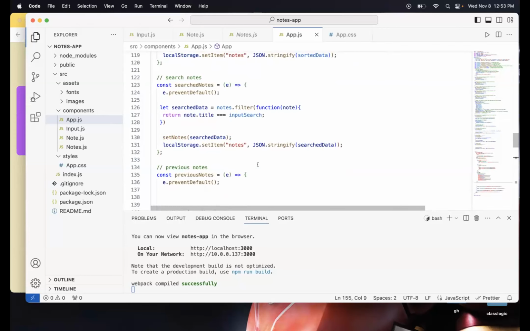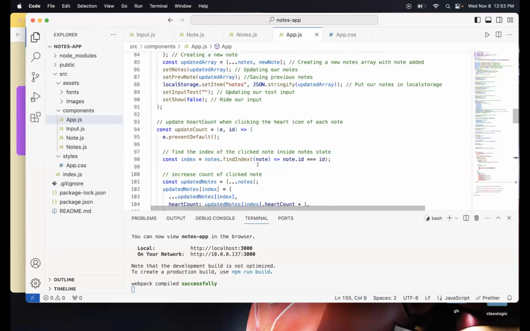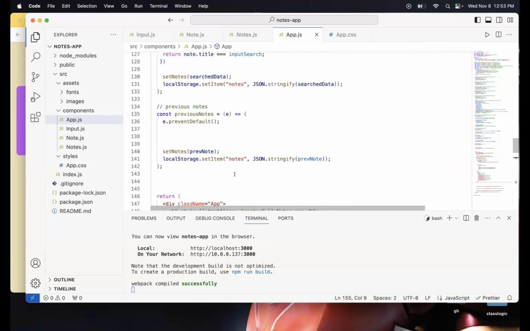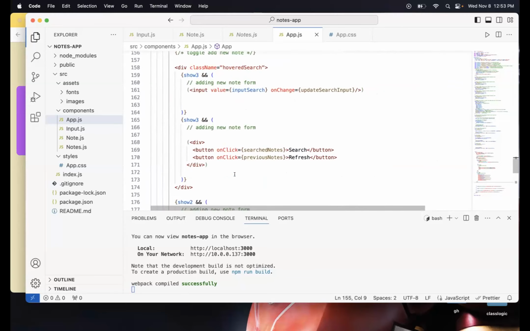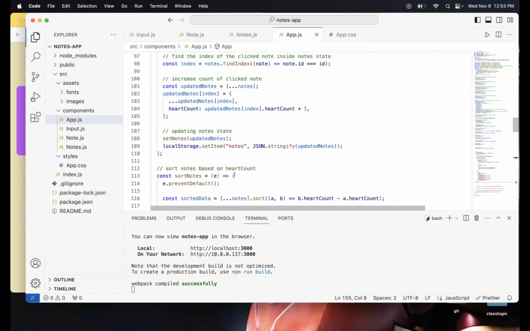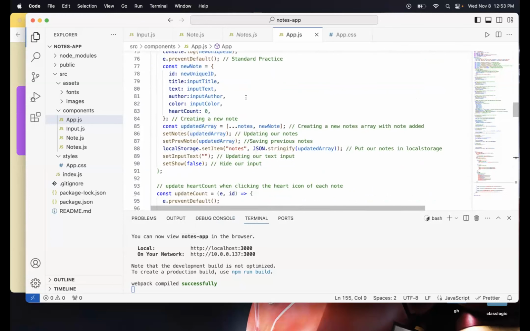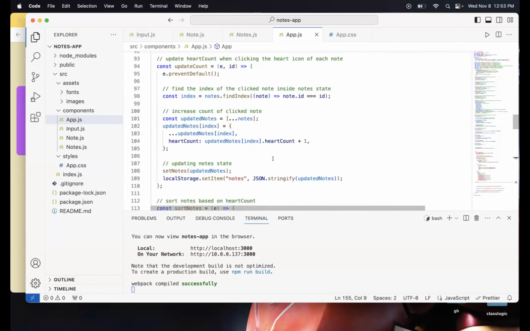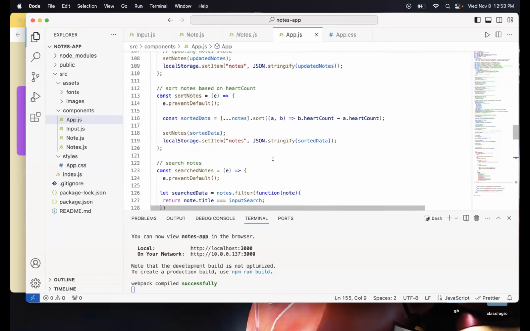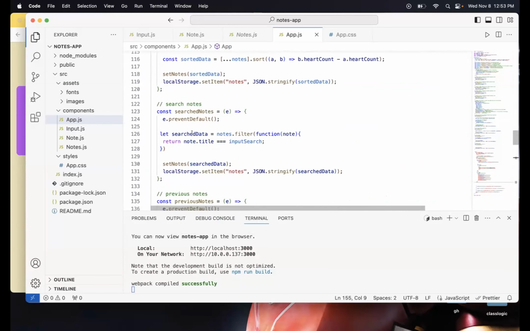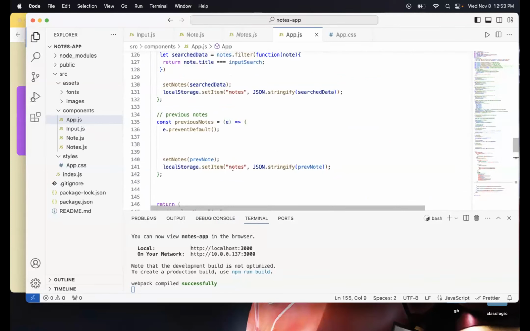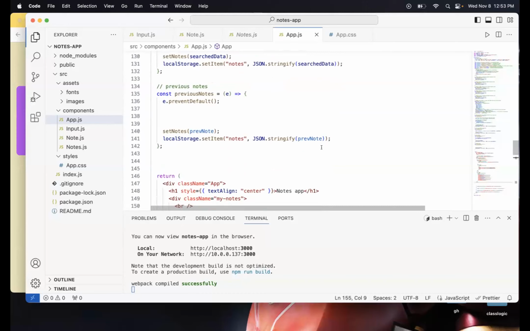In order to revert back to the previous option, I already have a variable previous note, which is being assigned every time a new note is added. So every time a new note is added, previous note gets the updated note and stores it as a backup. So for refresh, I'm just setting the notes to the previous note to revert back to the old version and show everything there is.